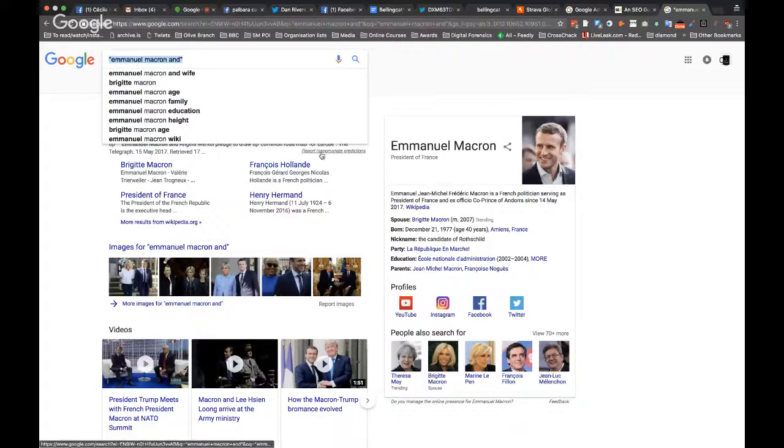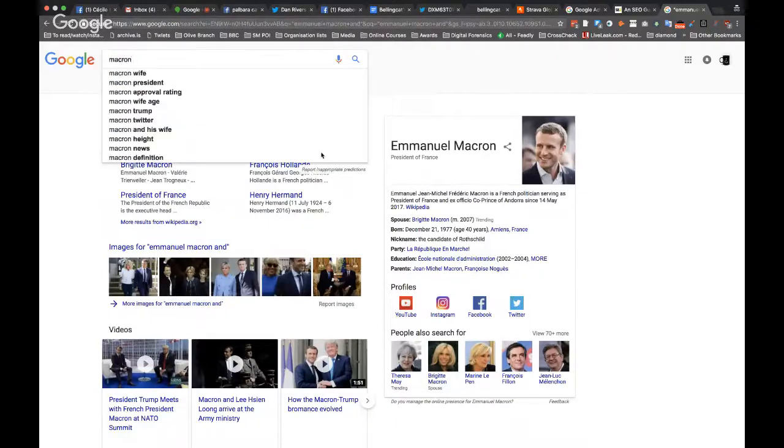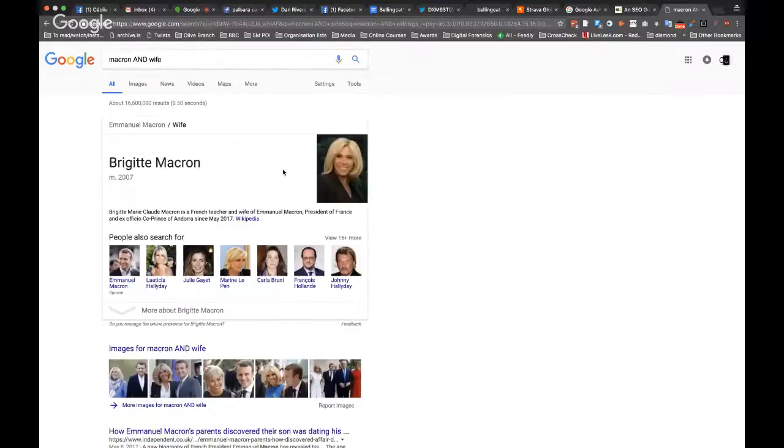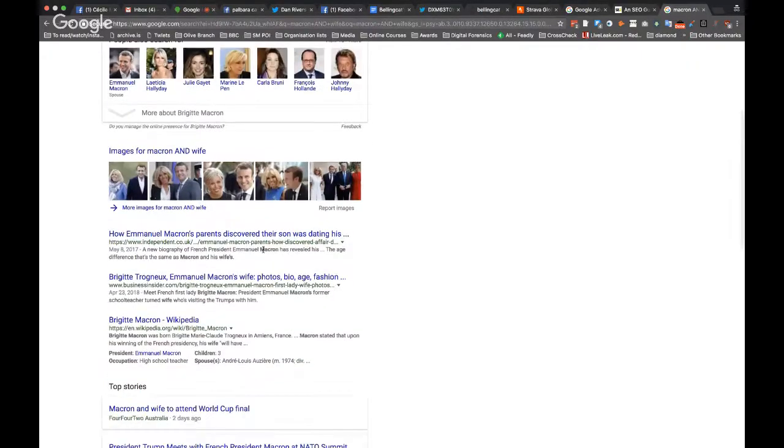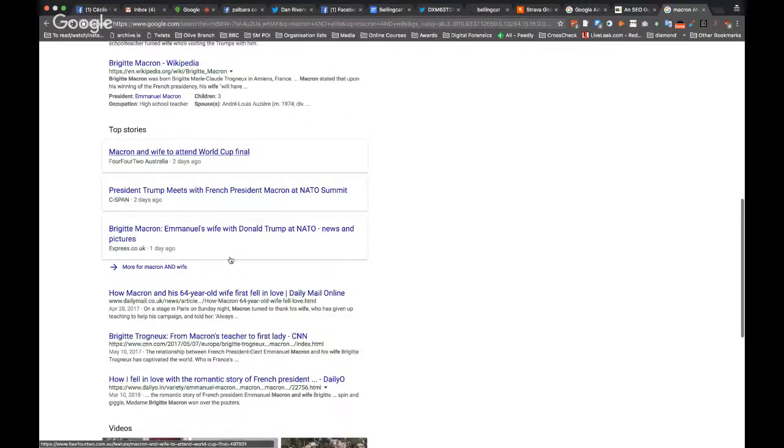So this one is quite well known, obviously. Another one is, I'm interested in Macron and about his wife. So that's looking for the two terms here. You can see it's been looking for Macron and wife in each page I found.